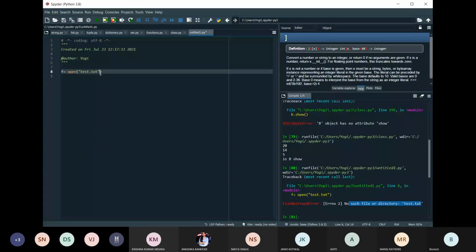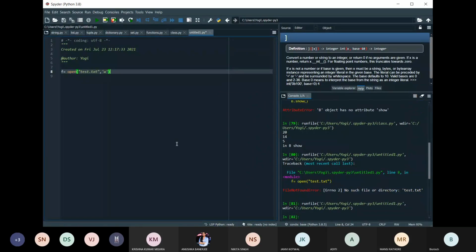But if I mention the W mode with it in string form, then see what happened. No error. I can open the file and I can write into the file. It has run the program successfully.